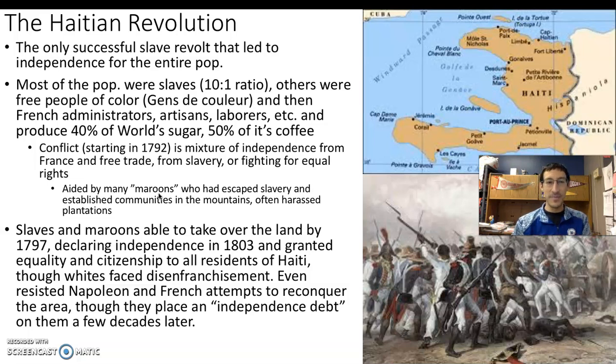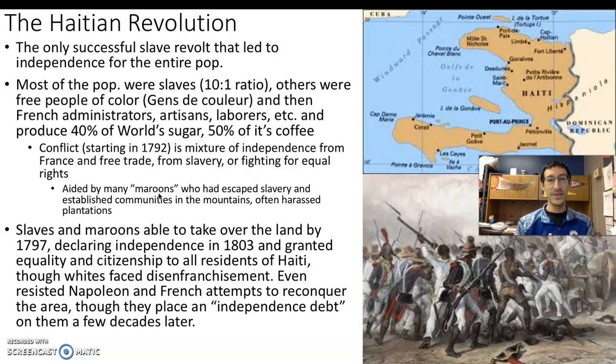So eventually the slave population, the gens de couleur, do take over by 1797, but they do not actually declare independence. They are just saying, we are ending slavery. We're going to run the French colony, but we are not declaring independence. We'd rather not incur that wrath by the French government actually in France under Napoleon at this point, or just about to be under Napoleon,